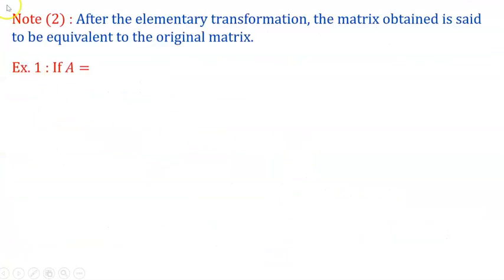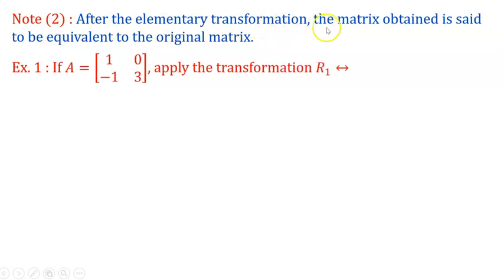Next, second note. After the elementary transformation, the matrix obtained is said to be equivalent to the original matrix. It is equivalent. First example, if A is equal to 1, 0, minus 1, 3, apply the transformation R1, R2